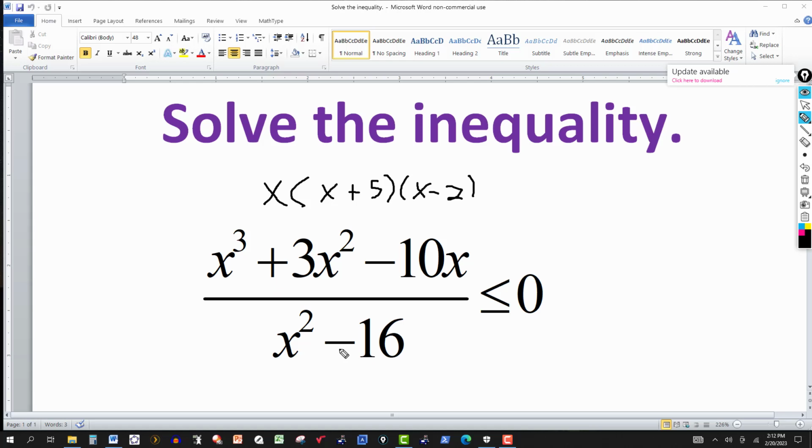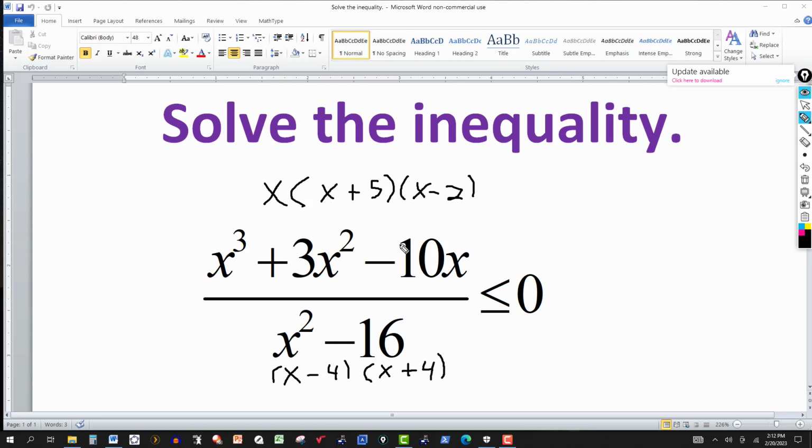Now the denominator is a binomial, a difference of squares, x squared minus 16. So that factors into the difference and the sum of the square roots. The square root of x squared is x, the square root of 16 is 4, so I've got x minus 4 and x plus 4. And I'm going to use the same technique I've used in other problems like this,